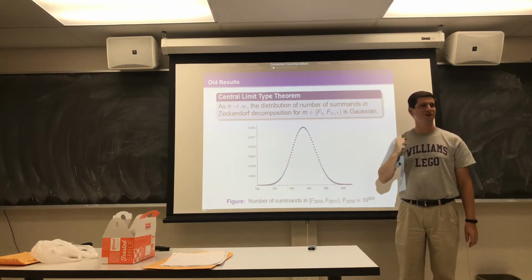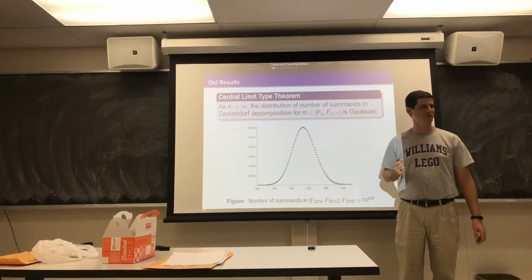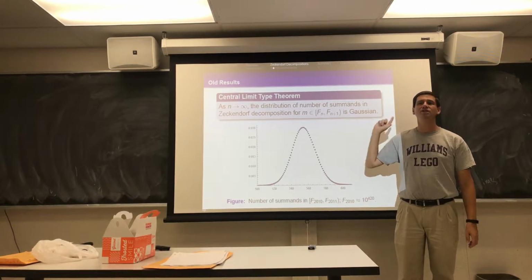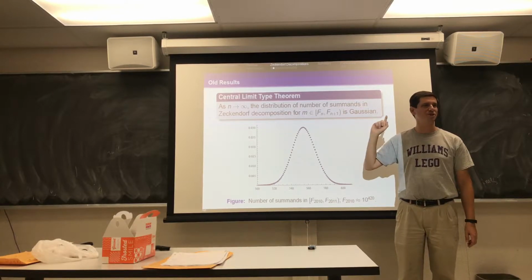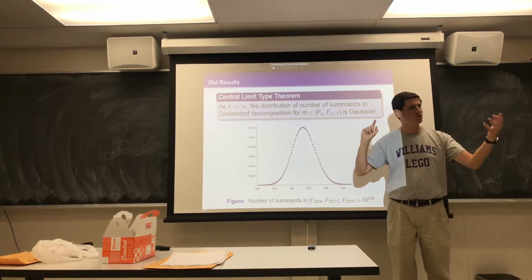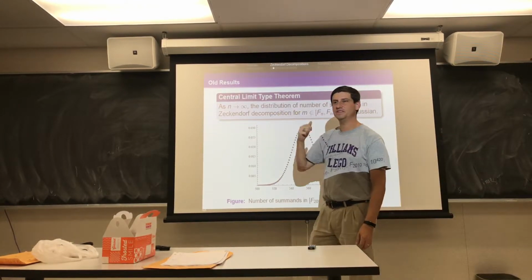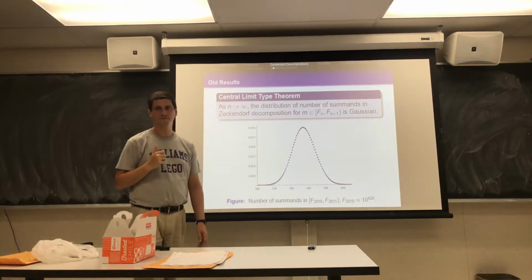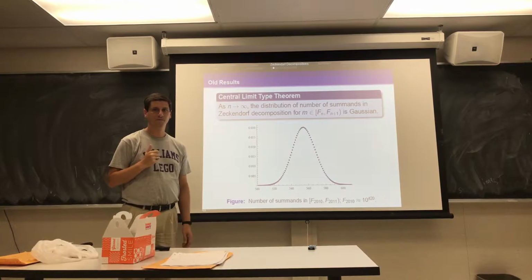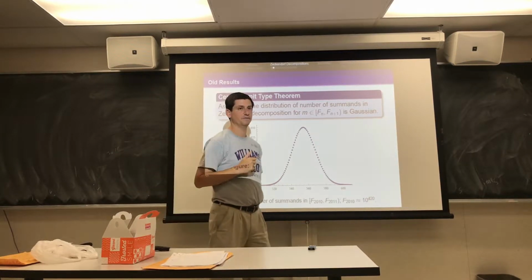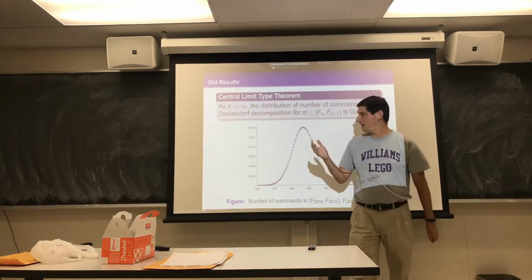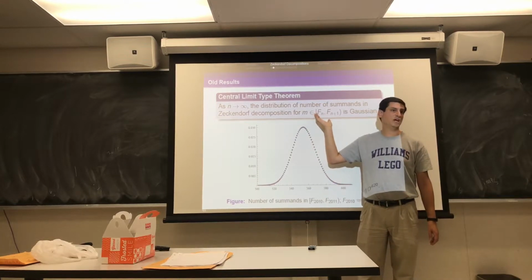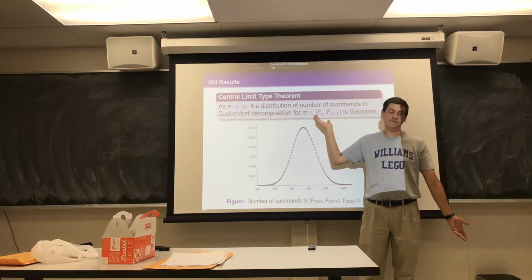10, right? You can't have more than 10 summands. But we know something about the decomposition. What do we know about the decomposition? No adjacent terms. So we can refine the 10 down to, we could have 5. Right? But we know if n, whatever n is, we have at most n, or even better, at most n over